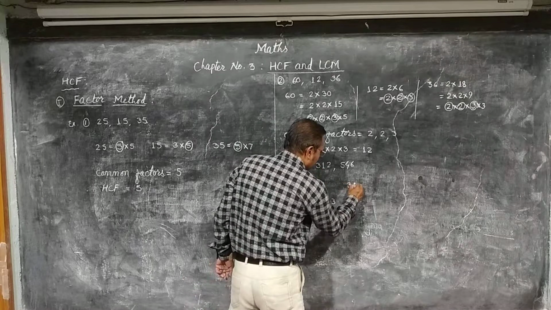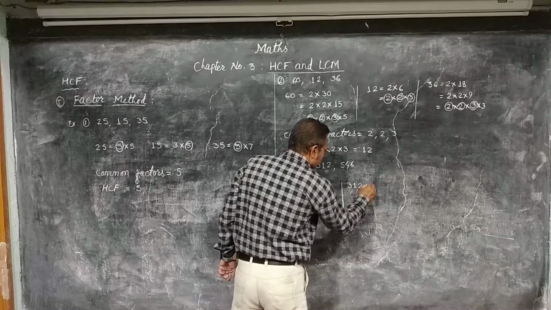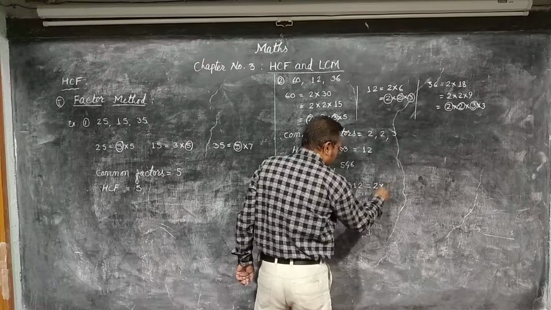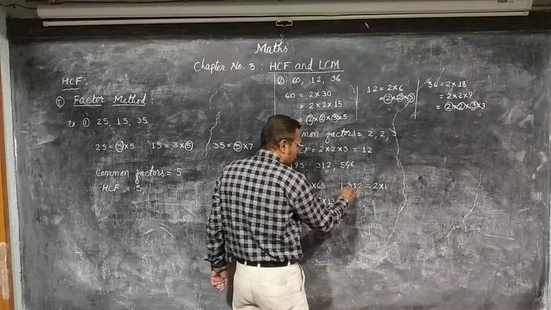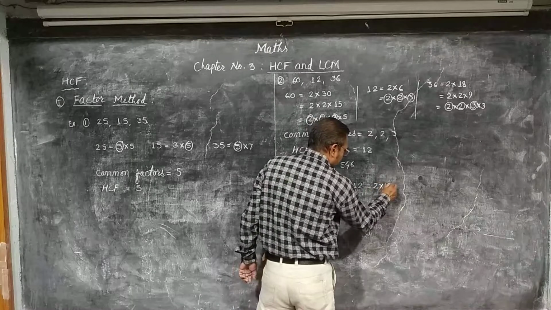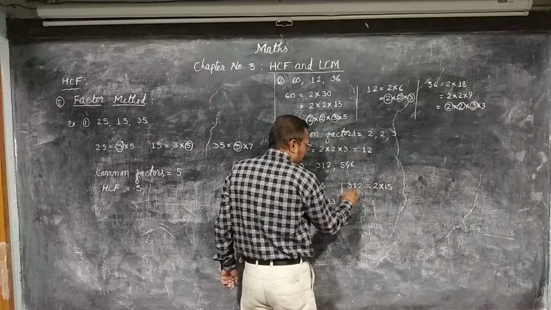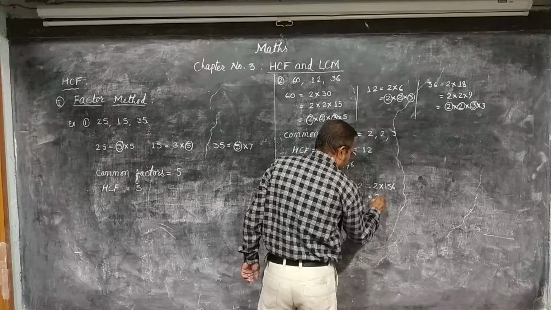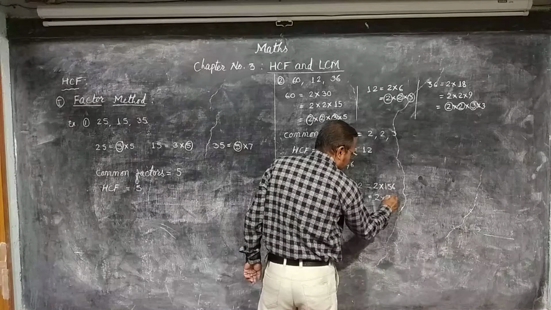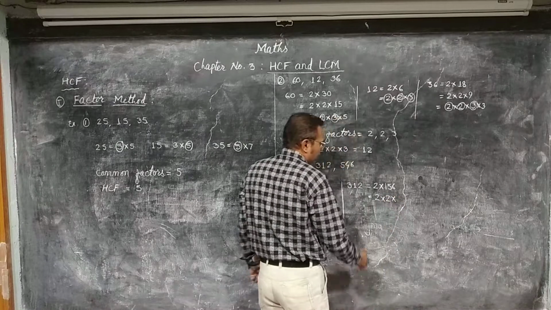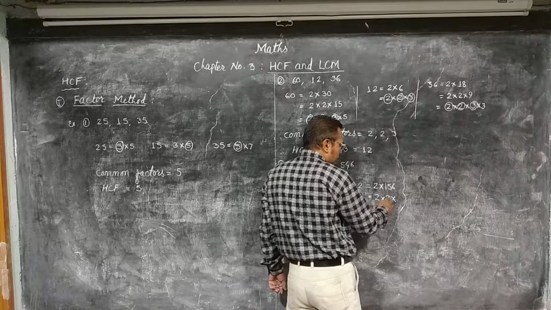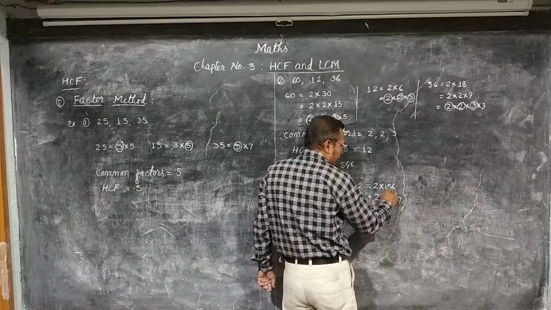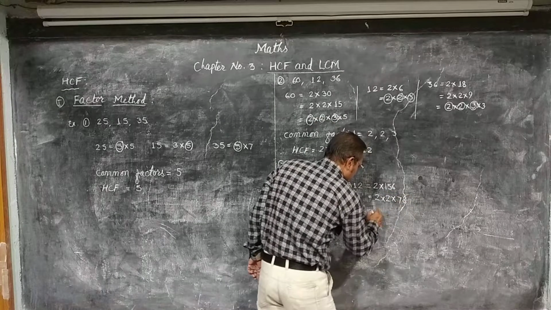Now 312. Here in the unit place there is 2, therefore we use the test of 2. 2 1s are 2, carry 1 becomes 11, 2 5s are 10, remaining 1 becomes 12, 2 6s are 12. Again in the unit place there is 6, therefore we can divide 156 by 2, or apply the test of 2. 2 7s are 14, carry 1, 16, 2 8s are 16.